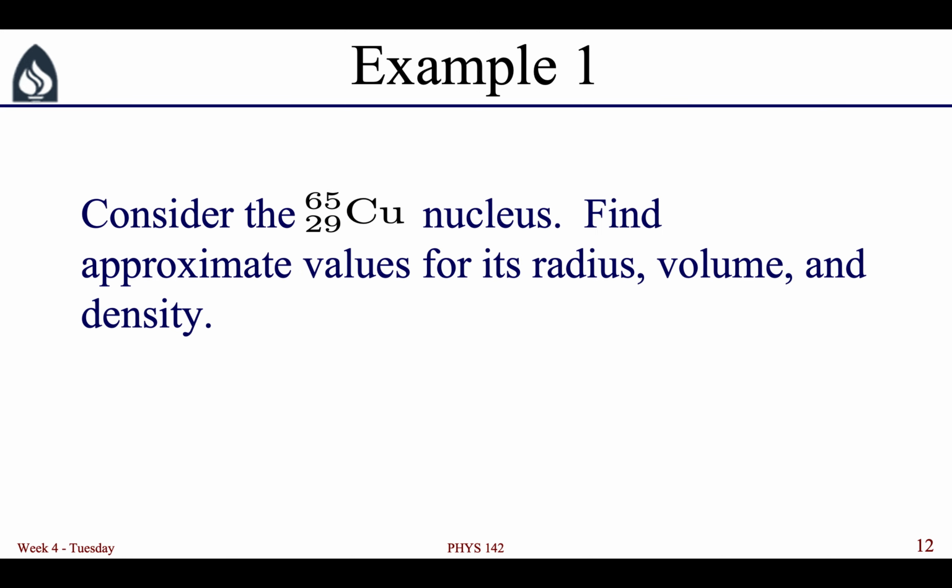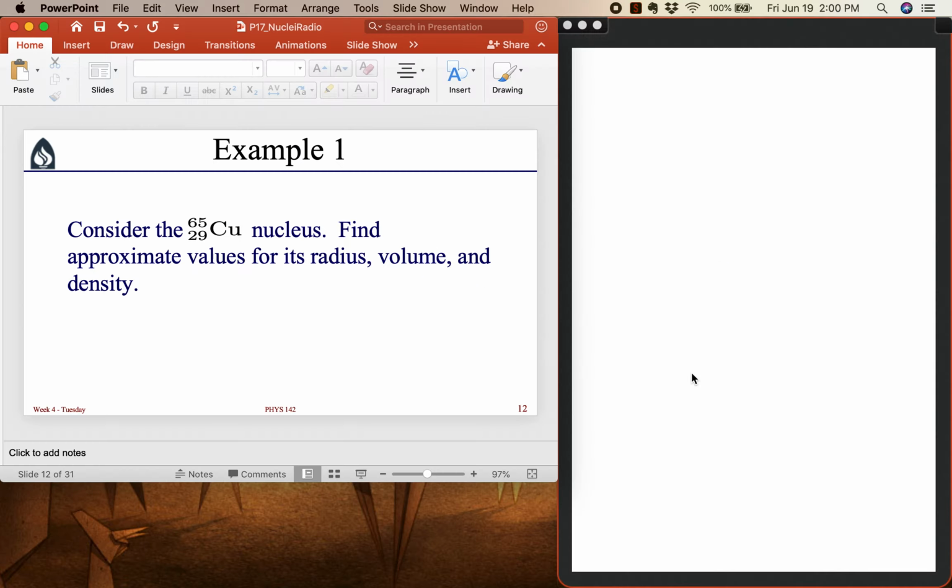So next, let's consider this first example problem. So we want to think about a copper nucleus and find the approximate values for its radius, volume, and density. So let's start out by looking at its radius. So we know that we have this rough expression that will give us a ballpark, at least, answer for the radius of this nucleus. So we have that R is equal to R0 times the mass number raised to the